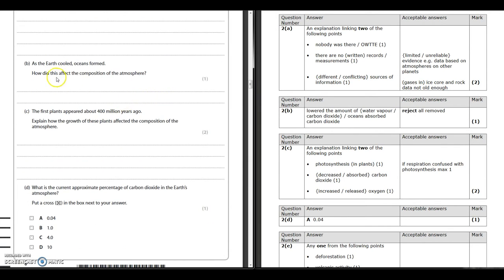So, part B, how did the oceans form and affect the atmosphere? There's two ways you can go on that. Water vapour turning into oceans would mean that it's no longer in the atmosphere. So we've got water vapour decreasing, and carbon dioxide will also decrease because carbon dioxide dissolves in water. So that's where over half of the carbon dioxide went